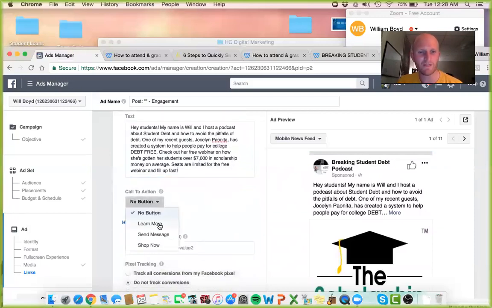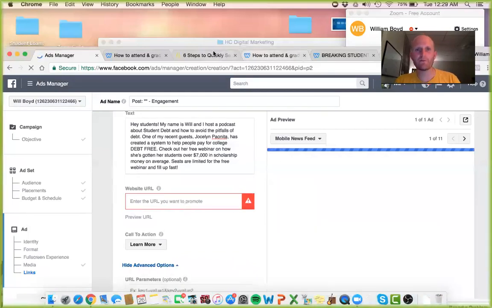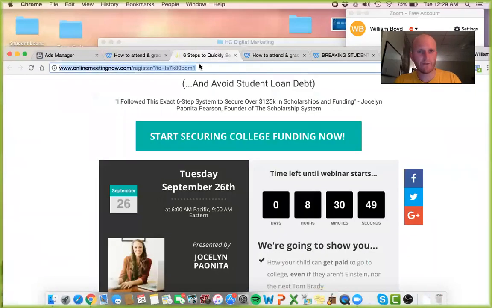But what I'm going to do is I'm going to send learn more. So I'm not going to send them a message, or I don't really want them to send me a message. What I really want them to do is click on this and learn more and engage with it. So ideally, what I'd want them to do probably is to have traffic, right? So this has my,